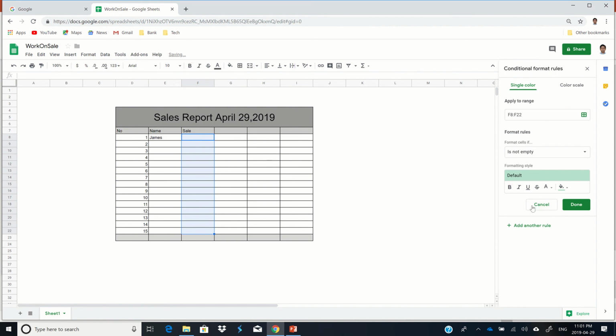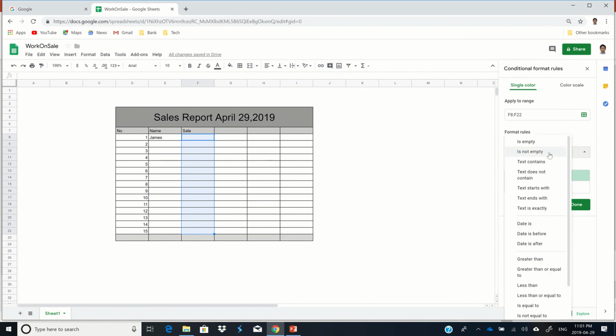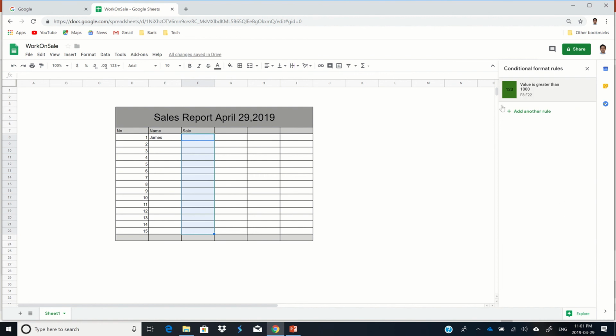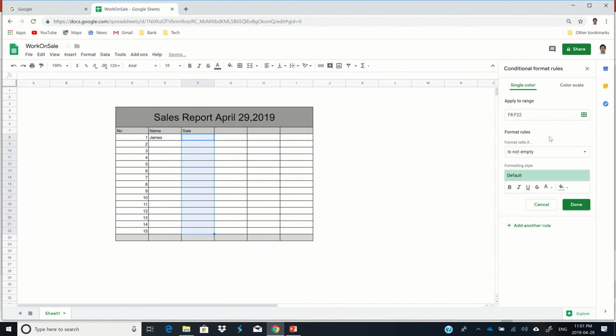From here, if I say if sale is greater than 1000, then the format will be green, it's a good job, and done. And then we can add another conditional formatting,